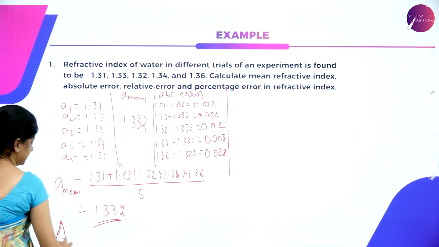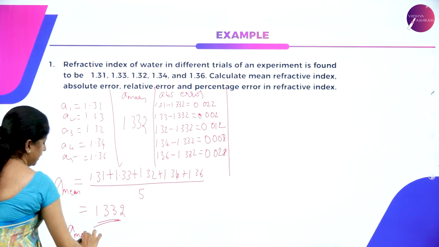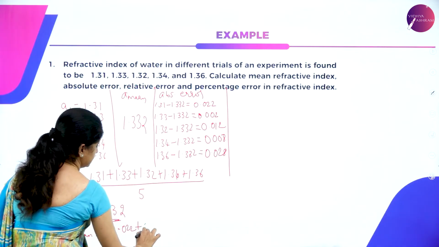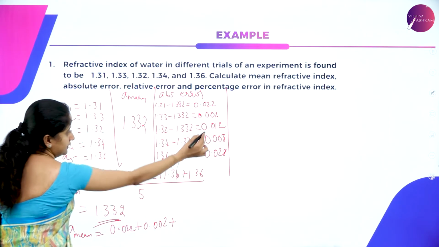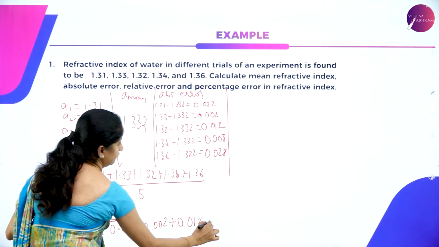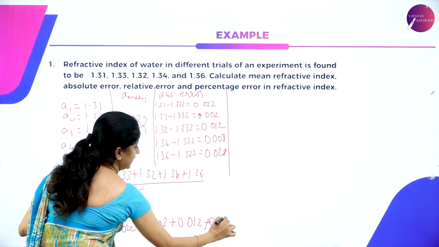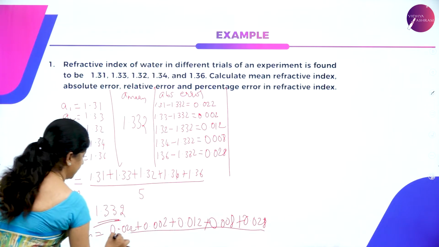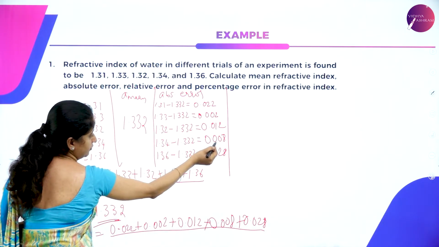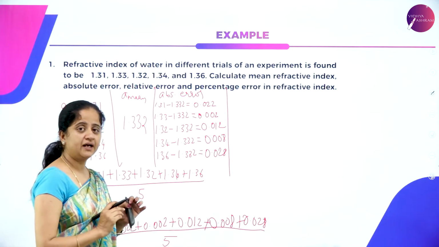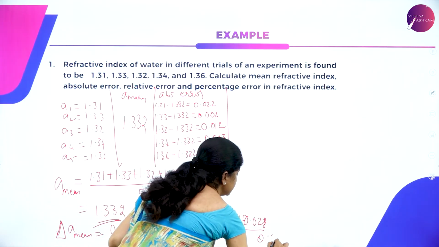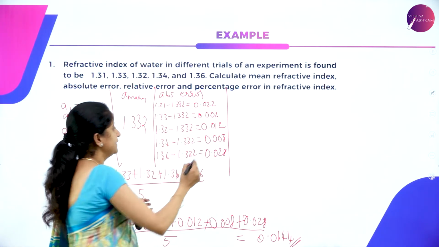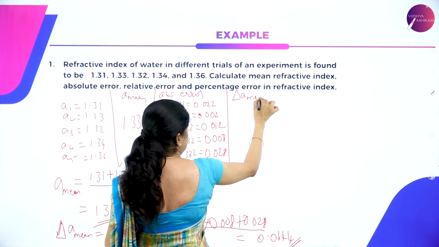So mean absolute error is denoted by delta A mean. How to calculate the mean absolute error? It is 0.022 plus 0.002 plus 0.012 plus 0.008 plus 0.028 divided by the number of values we have, 1, 2, 3, 4, 5. So divided by 5. The answer we get is 0.0144. This is the average of these absolute errors, and that is called delta A mean, which is nothing but